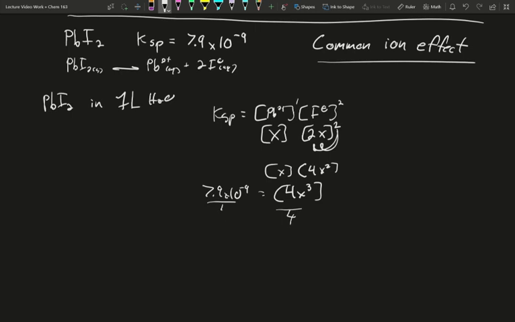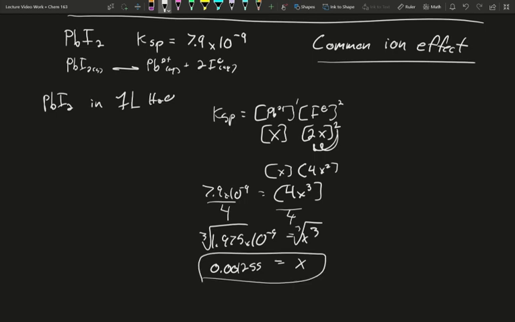Divide by 4. 1.975 times 10 to the minus 9 must equal X cubed. Take the third root. X is equal to 0.001255. So we can find that if you try to dissolve lead iodide in water, you'll only get 1.2 millimolar